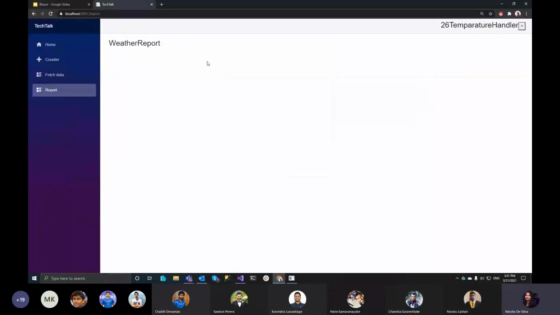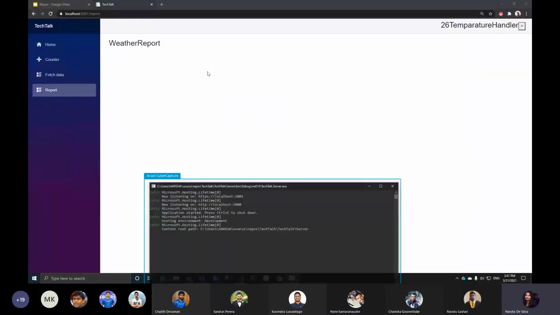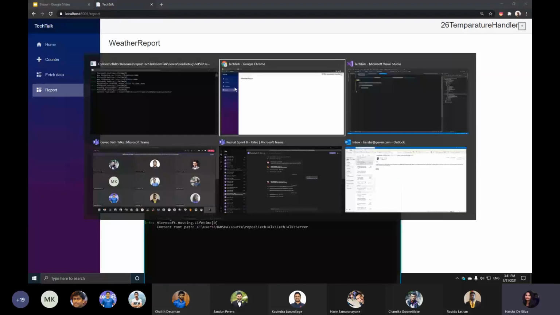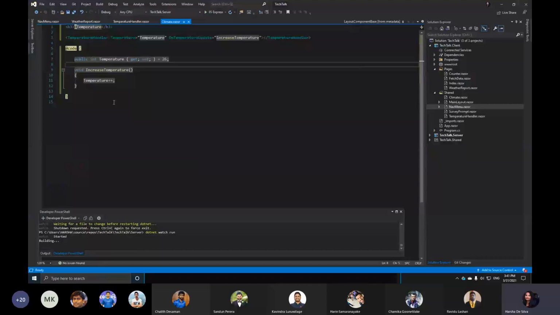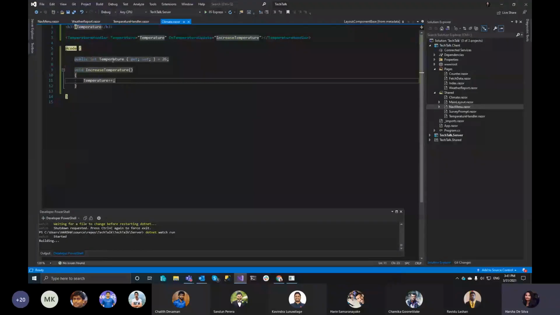A new page and let's add in this event in this parameter method I told you, you can pass parameters from parent class between the parent